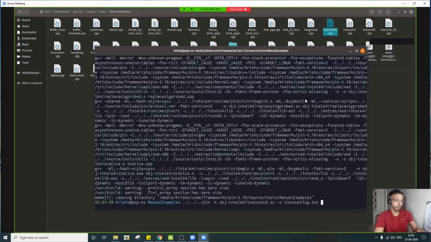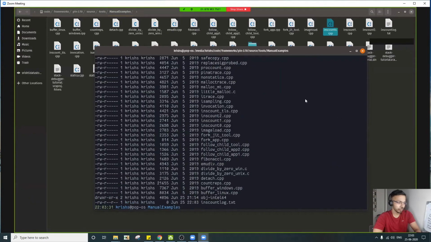And then you have to separate the application with a double dash. And now you have to give the application path, let's say /bin/ls, and then you can pass the application command line afterwards, like let's say -lt or something. And then just run it. We are basically instrumenting that ls. The ls also executed, and I think we should see some logs as well.